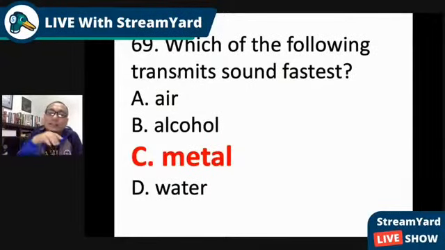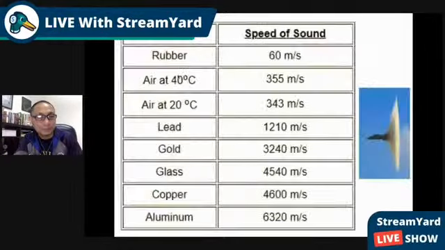Light travels fastest in a vacuum and slowest in solids. It's the reverse in terms of sound. Sound travels the fastest in solids, in this case metals. It also travels fast in liquids, but it's faster in metal. It is slowest in gas, and it will not travel at all in a vacuum. Okay? So remember that, no?